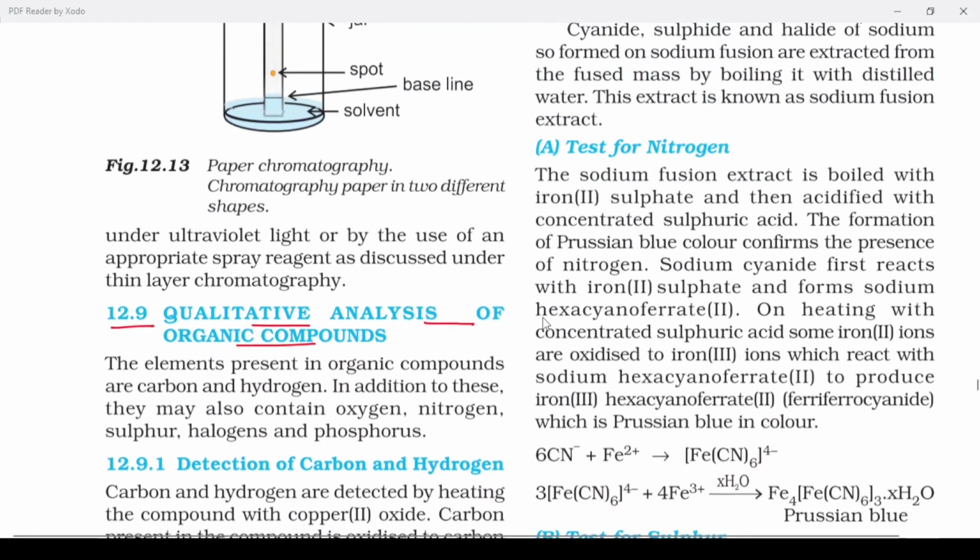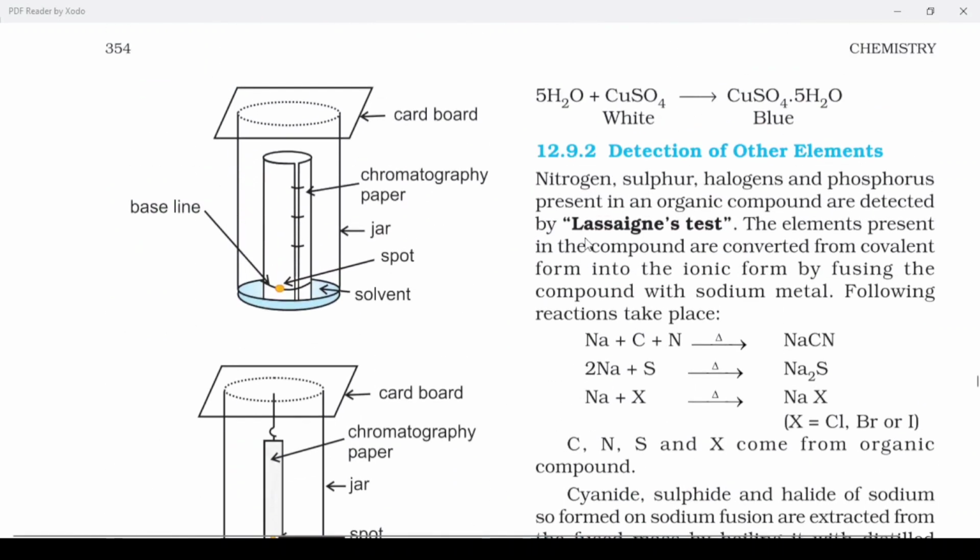Now in this 12.9, the sub-part given is 12.9.2, detection of other elements. Here the Lassaigne test is given. Let me discuss the Lassaigne test very briefly. Just remember, the Lassaigne test is basically used for the detection of nitrogen, sulfur, halogens and phosphorus if present in the organic compound. In the Lassaigne test, first we do fusion